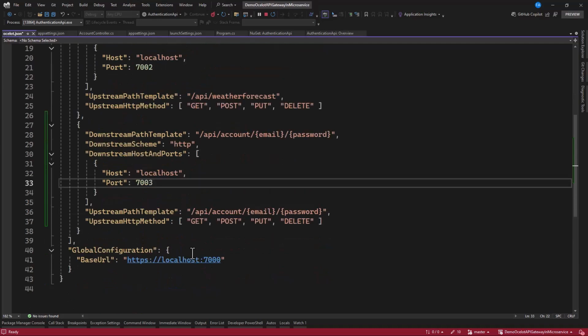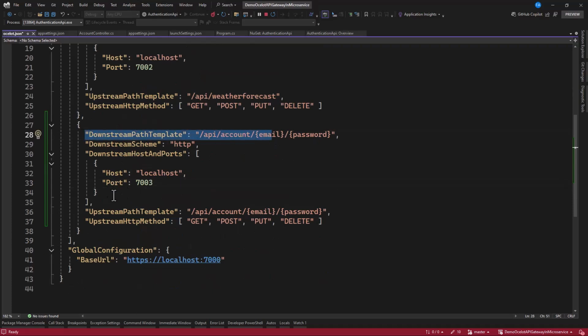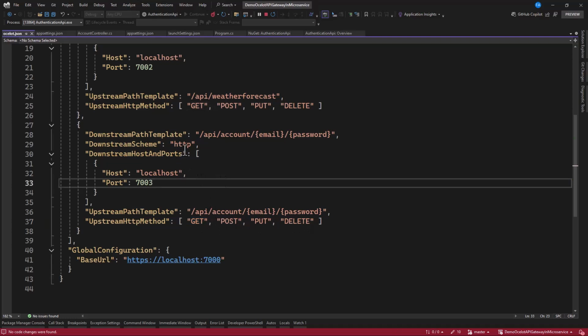And aside from that, you have the same thing in here. So we have a downstream which is going to be accessed through the Ocelot API or the Gateway API to this service itself. And now here is what the client is going to access with the help of this base address and now this specific route. So the user can get access to this by performing any of these methods: get, post, put, or delete. Okay, so now that we have this running on HTTP, we can save this peacefully.